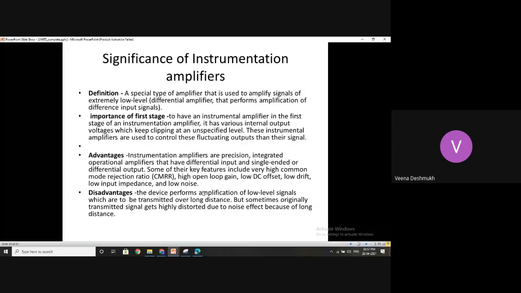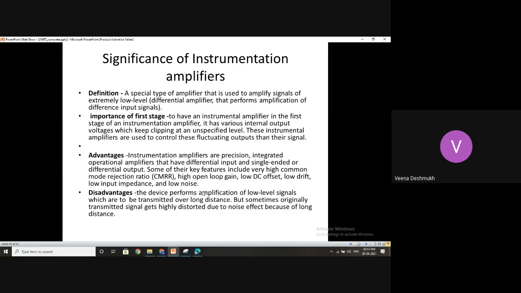In other words, we can define instrumentation amplifiers as a type of amplifier used to amplify signals of extremely low level. Extremely low level in the sense that they can be of the order of microvolts, or even lesser than that,